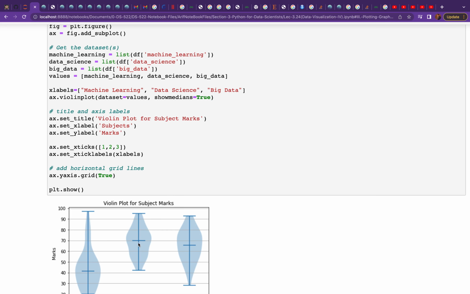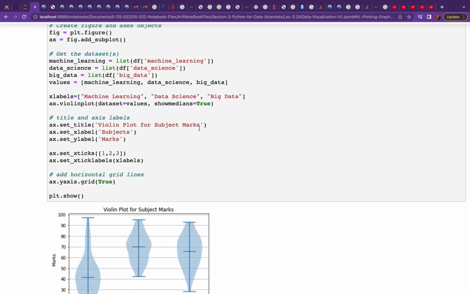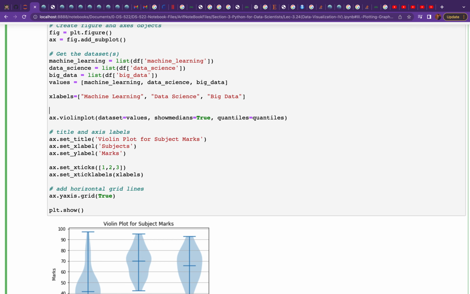Great. So what is left is the remaining two, that is the Q1 and Q3. So this is Q2. What we do not see over here are the first quartile and the third quartile. We can do that as well, and for that we need to pass an argument to this violin plot, and that is quantiles. To this quantiles I need to pass a list of the two quantiles that I want to display. So let me name it quantiles, and let me pass it the list